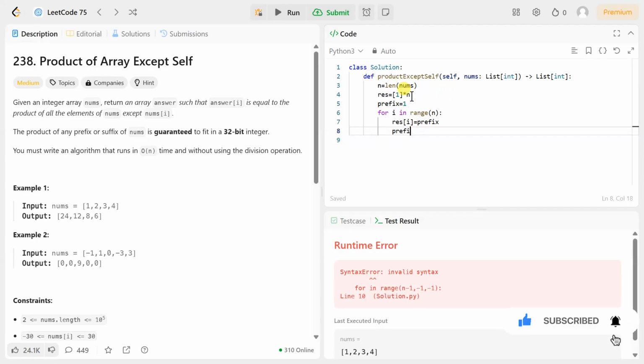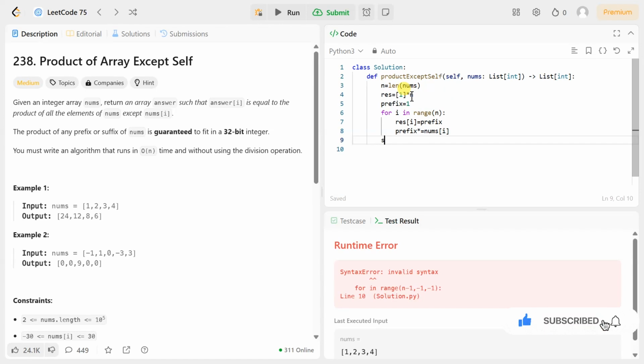Okay, and we will update it with the multiplication of the rest of the numbers on the left. Okay, and similarly we will create a variable called suffix and that will also be 1 and we will loop through it again and for i in range n minus 1 comma minus 1 comma minus 1